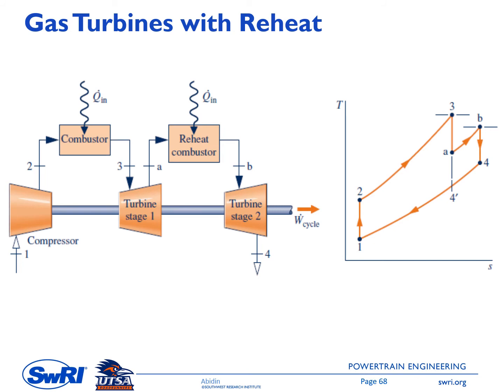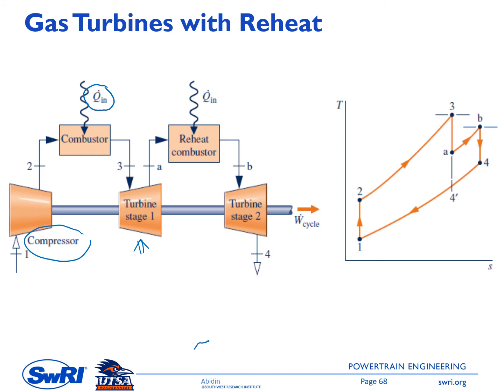In this case we have a compressor, and then we have the first combustor that gets a Q in from an external source, and then we have the first turbine here. This is the high pressure turbine, also called turbine stage 1. It produces power. Some of this will be used to drive the compressor, the rest will be used for other purposes. And then at the exit of this turbine, state 2, the pressure is not the same as P1,